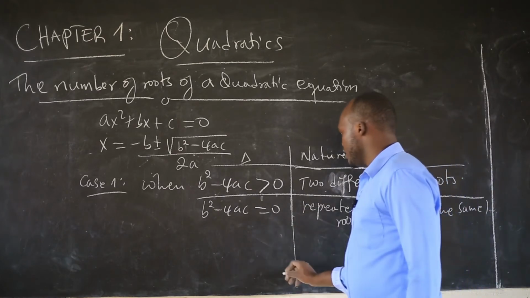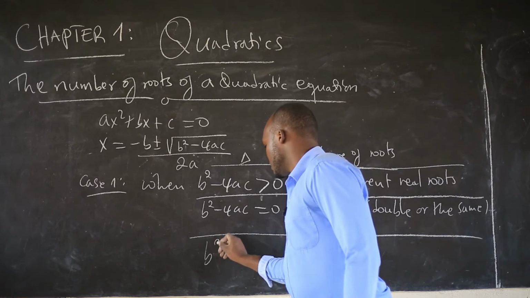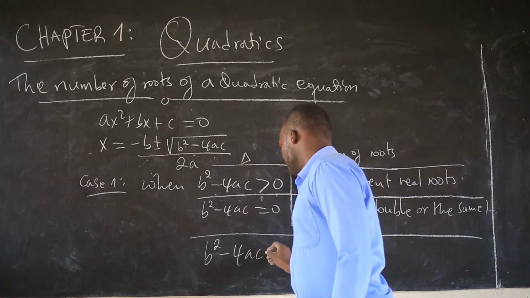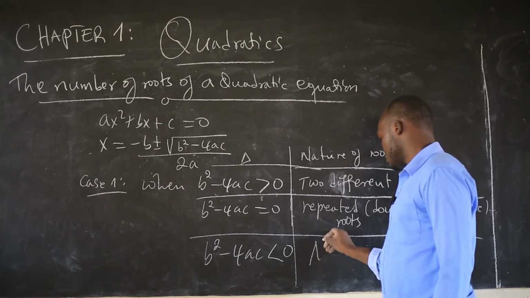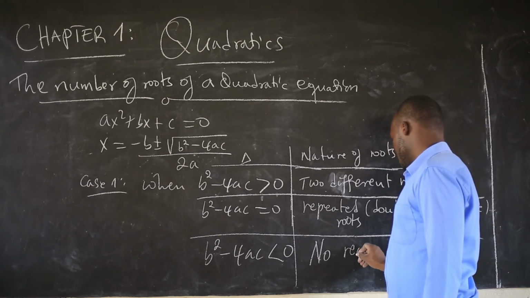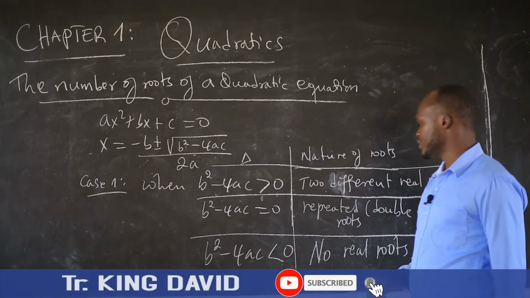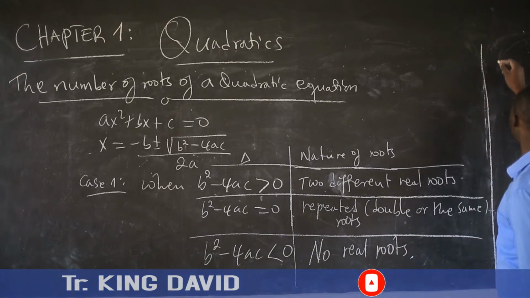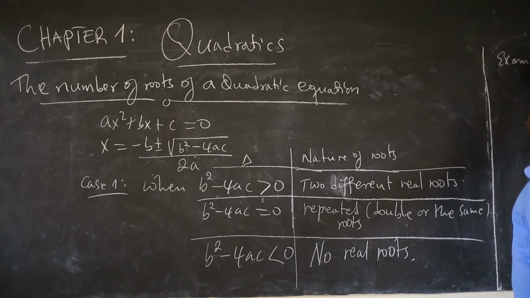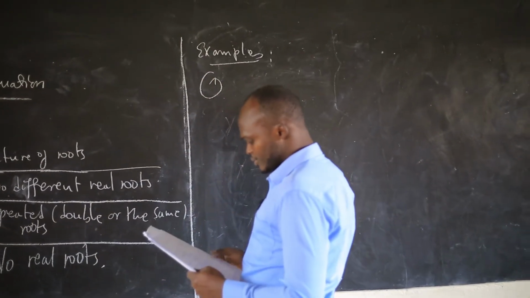So now, if our b squared minus 4ac is less than 0, here we say no real roots. No real roots. That's what you say. So there you can see examples. Let us see examples so that it can help you to understand. Example number 1 is saying,